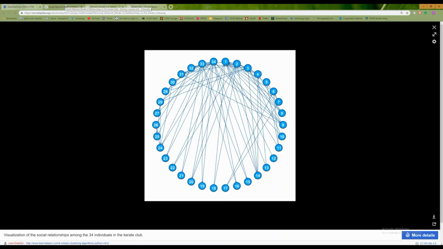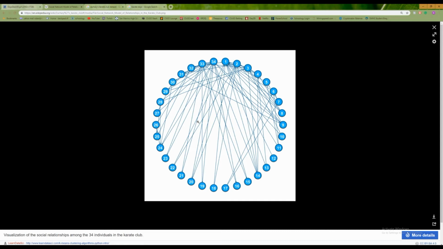And so Zachary is not actually the owner of the karate club. He's the man who compiled all of this data into this nice graph we have right here, which shows the number one, which is either the sensei or the owner. It's these two guys right here. And the other 32 students that they have, and all the relationships between the students and the senseis and all of them. You can see them all right here. All these lines represent a relationship they have. So 22 is friends with 2, and either the owner or the sensei.